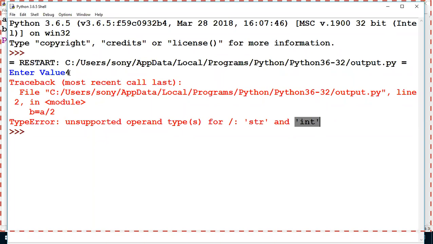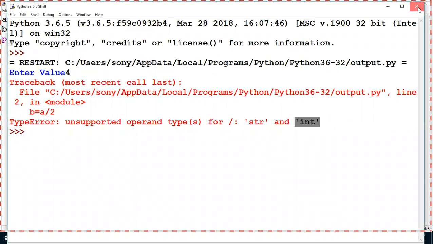You know very well it is an integer number, but we have taken this 4 through the input statement. Whatever you take comes as a string, and we want to divide this 4 through the 2. So it is not possible. We cannot divide any string value through the 2.